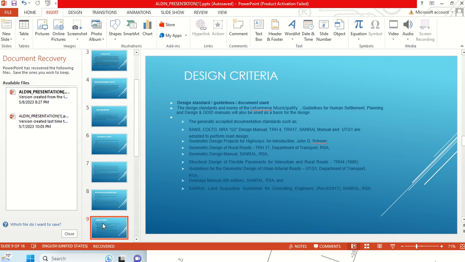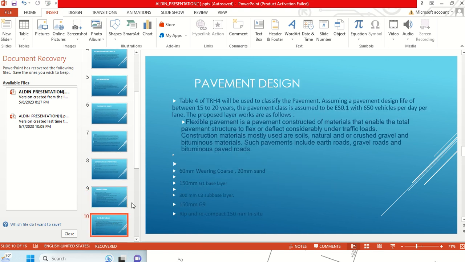Those are the guidelines that will be adopted for this proposed road. So now we can look at the pavement design. After we have looked at the standards or guidelines that will be used, we can now design the actual road, and we need to look at the tables that we are going to use, which fall under TRH 4,